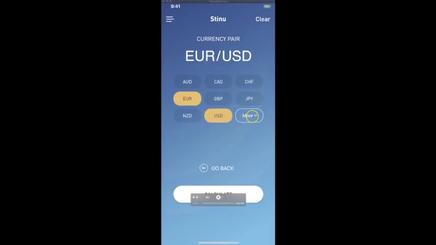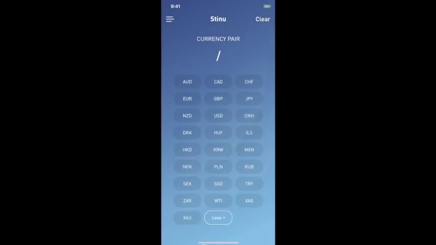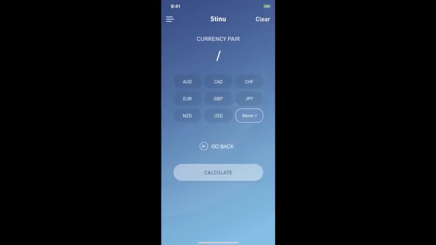Of course, if you click on the more icon, you have more options in there. And you'll notice some of these pairs gray out because the order in which they're displayed is already chosen for you. So for example, you'll have Aussie CAD, but you won't have Aussie pound, right? Because it's normally pound Aussie. So you'll see sometimes some things gray out to keep the order in sync. So for this particular example, let's use Euro USD and hit calculate.